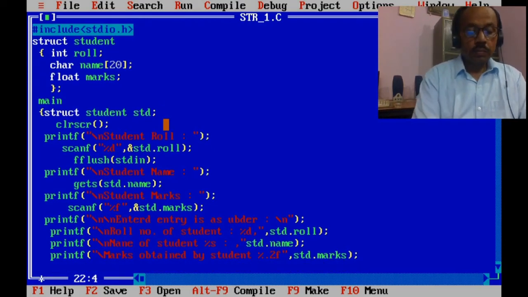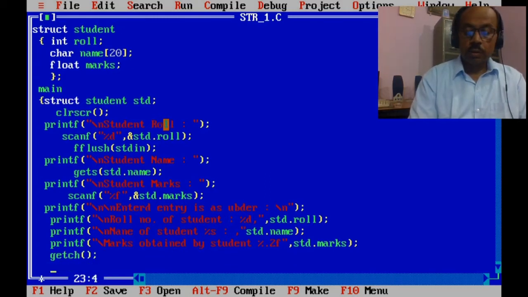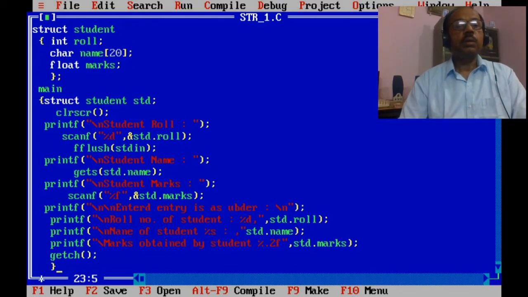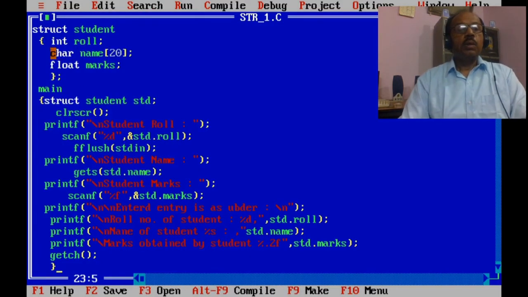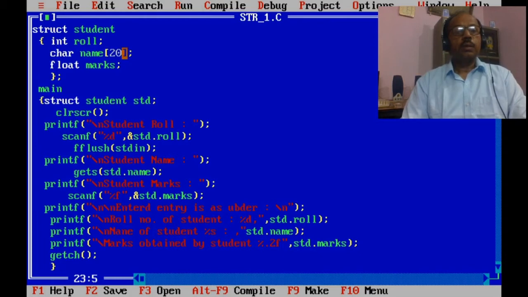So all the input gets checked. Now struct student, this is our structure. Student is the structure name, and this structure has a variable, that is a structure variable, and std is a structure variable.